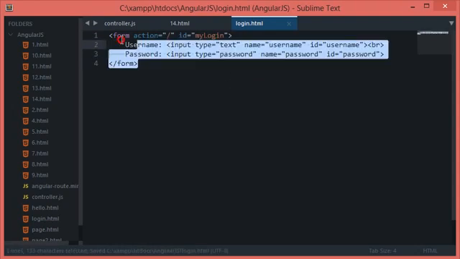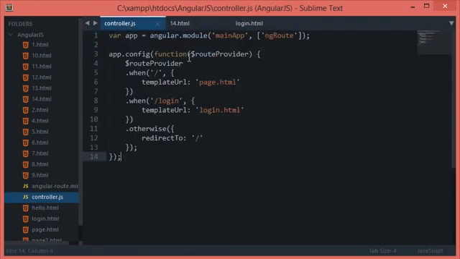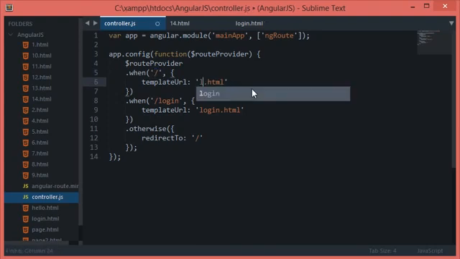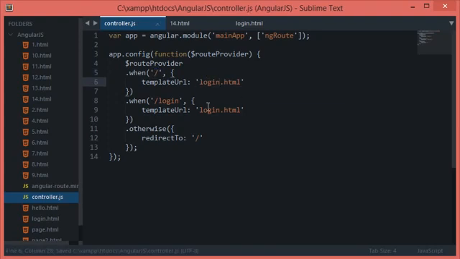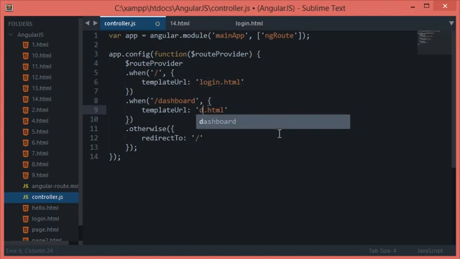Now we have got the login page ready, and I'd like to hook it up inside the controller.js. So let's see, I want when it's at the home page, the template should be login, and when it's at the dashboard, I want the users to be redirected to